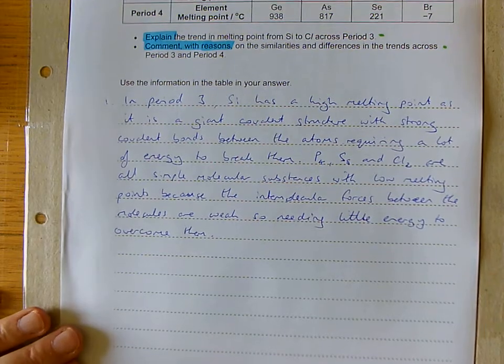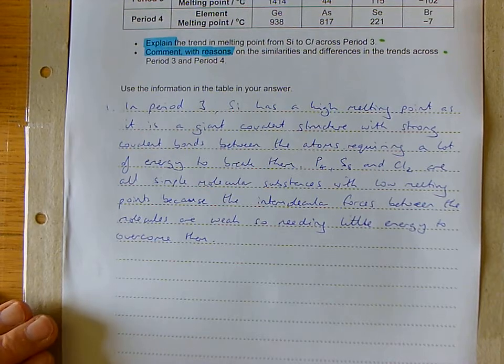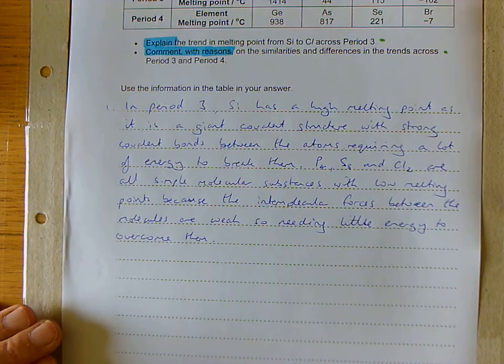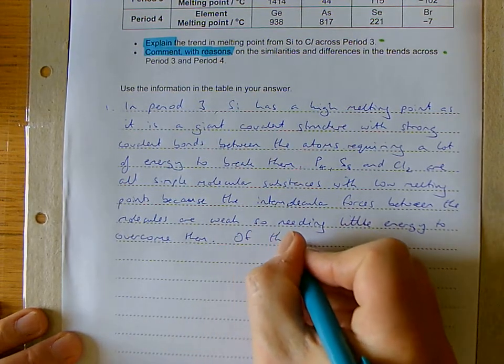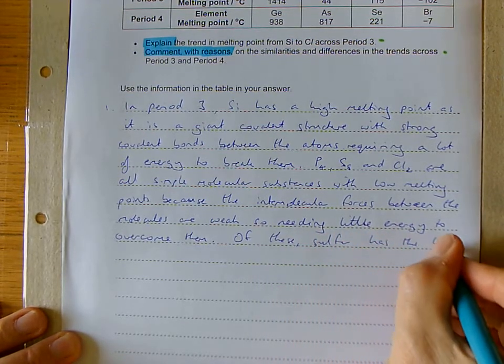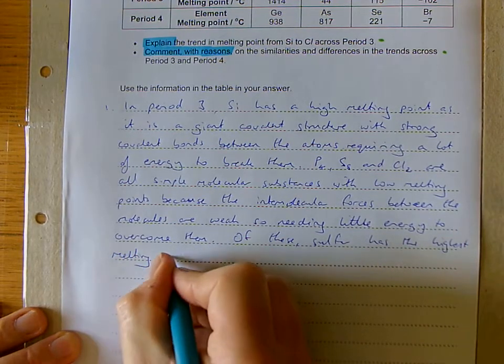Okay, so we've explained why silicon is high and why the other 3 are low. What I haven't done yet is used my understanding that phosphorus comes in groups of 4, sulfur in groups of 8, and I know that chlorine comes as pairs of atoms joined together, to explain why phosphorus has a melting point of 44, sulfur is higher, and chlorine is lower. So we're going to move on and look at that. So we're going to say, of these, sulfur has the highest melting point